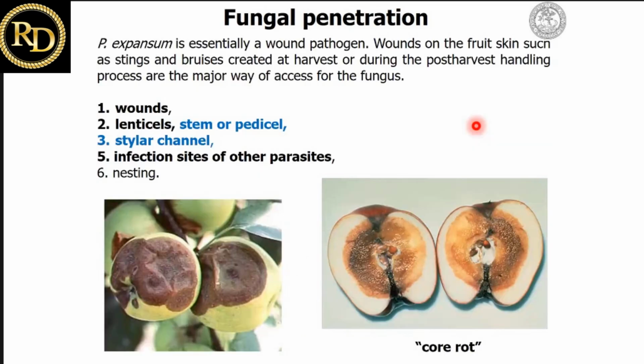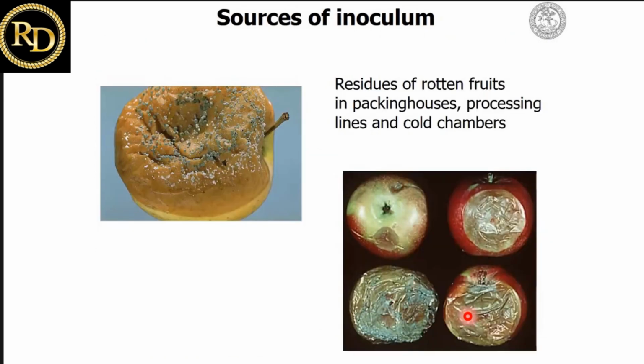The pathogen is a wound pathogen. It penetrates mainly through the wounds, but also through lenticels, stem, and stylar channels, and in this case, it can cause again what is called the core rot. It is favored by previous pathogens or infections in the field, so apple scab, powdery mildew, and also some insects can favor Penicillium. In the post-harvest phase, the main sources of inoculum are the residues of rotten fruits in packing houses, processing lines,